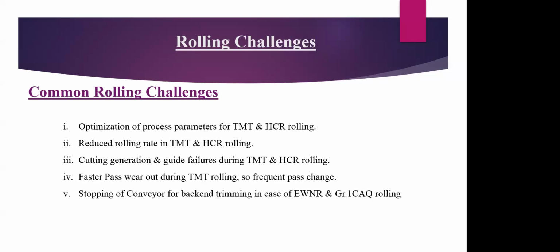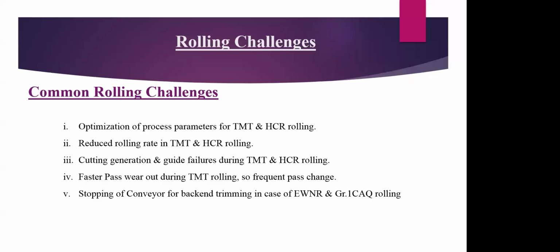We have 2 sections of cooling. One section has 6 water pipes or the coolers, what we call, and the other next section, which is after the pinch roll and before the laying head, it has 2 cooling tubes. So this is how the arrangement is made for cooling, and the distance is not much. So that is why to acquire the properties of TMT,